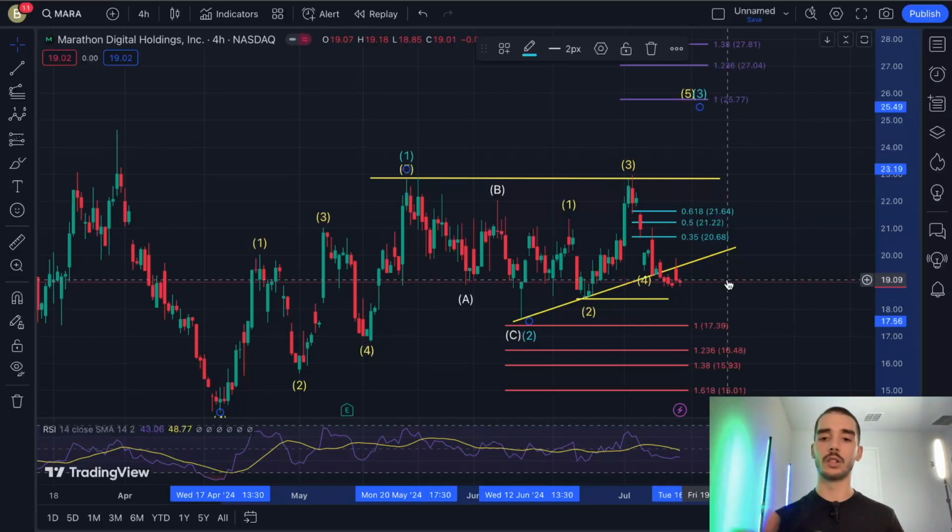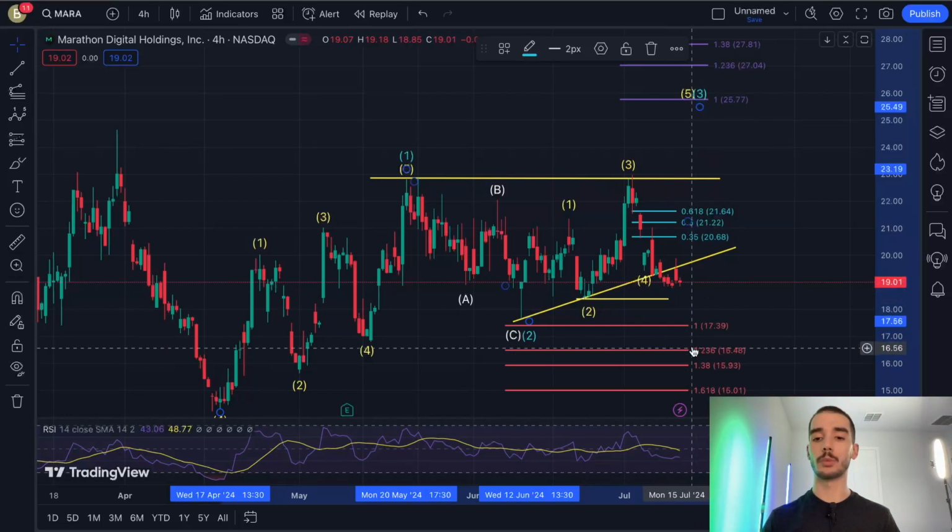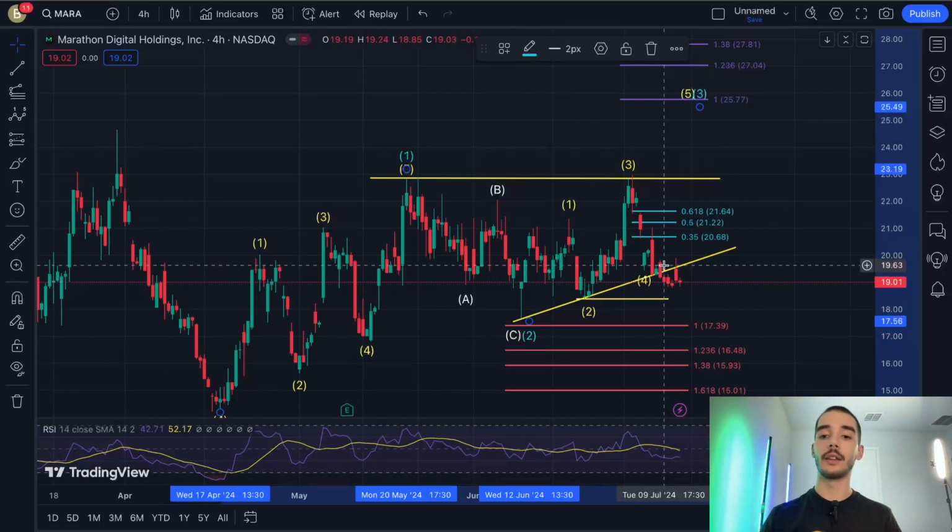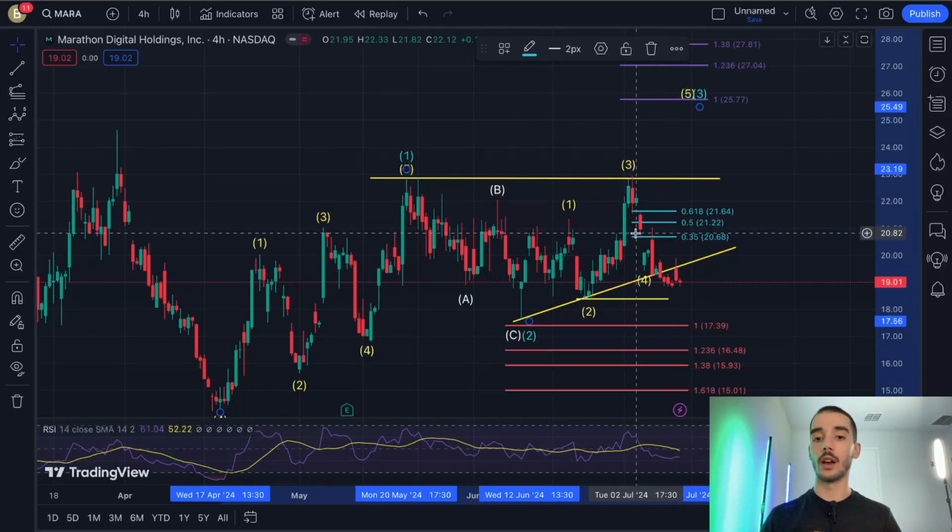If Bitcoin continues to consolidate and show a little bit of weakness short term, it can definitely drop this price down quite a bit right here. But I believe it's going to be very, very short-lived, and we're going to see a quick recovery upward if it were to drop down here. Regardless, if it does, then it'll be a first, second, third wave. If not, then we should see this.